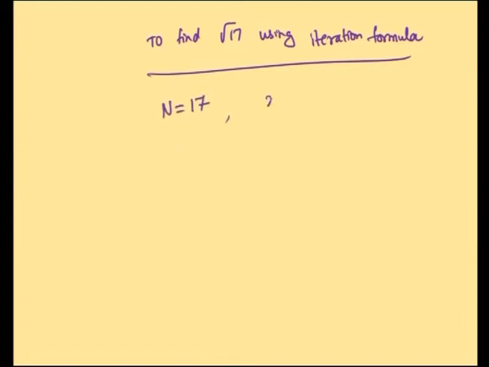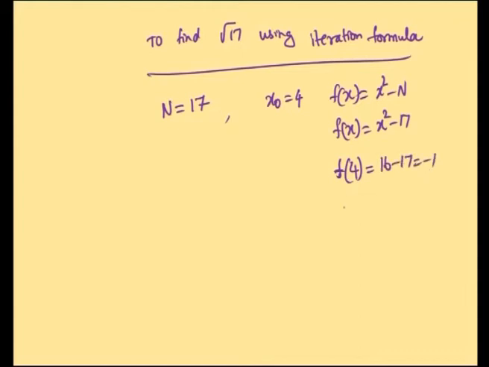Here you shall take x naught equal to 4 because f of x is x square minus 17, and we find f of 4 is 16 minus 17, which is minus 1, and f of 5 is 25 minus 17, which is 8, and this is positive. So, the root lies between